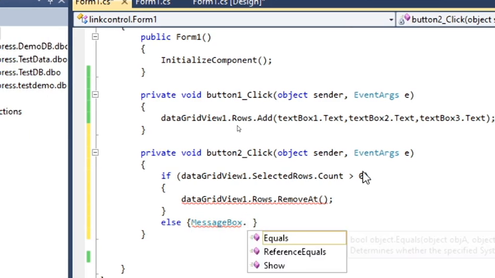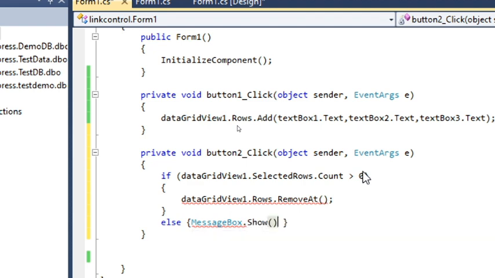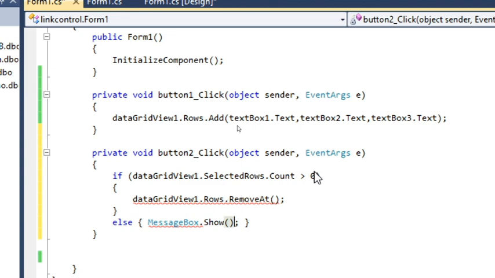Message box dot show, giving the information as no rows are being selected. No rows selected.